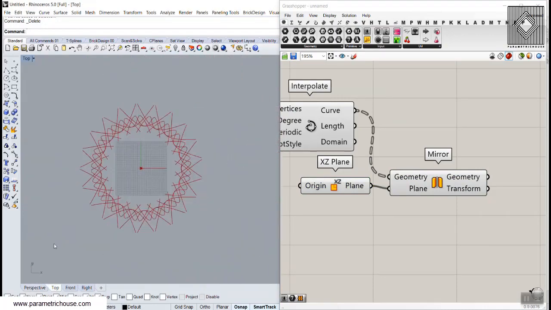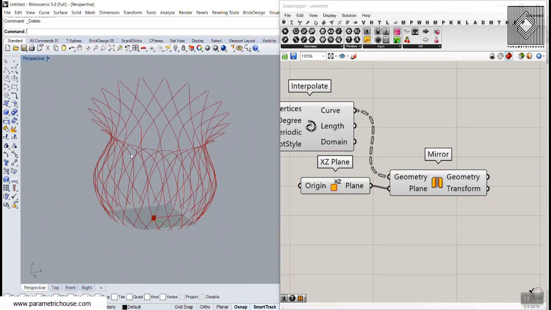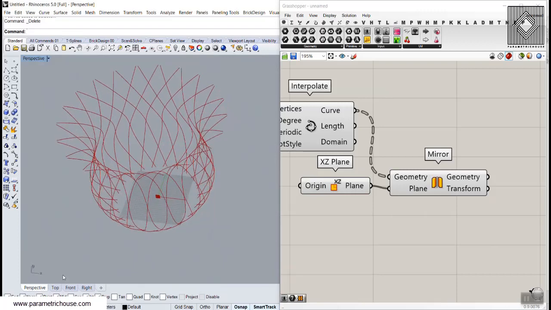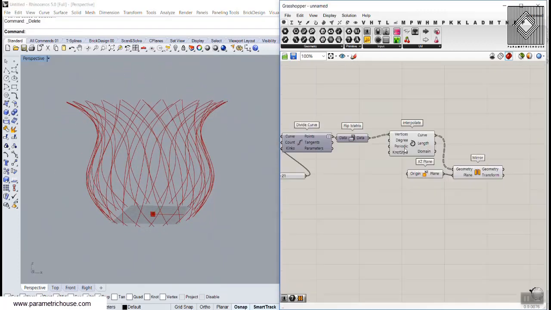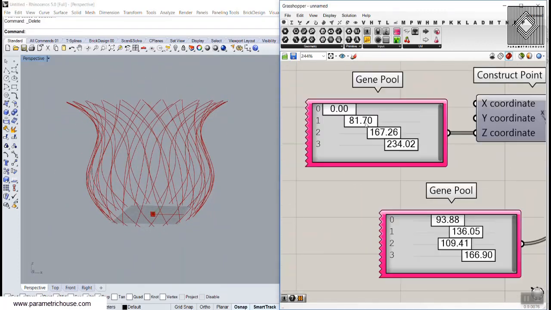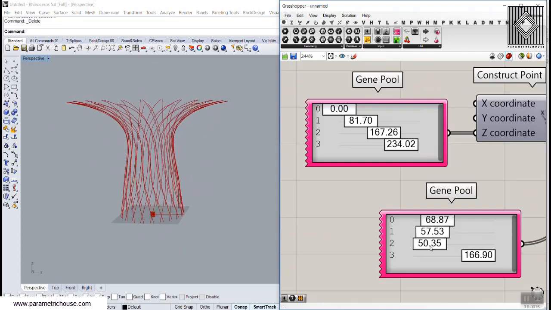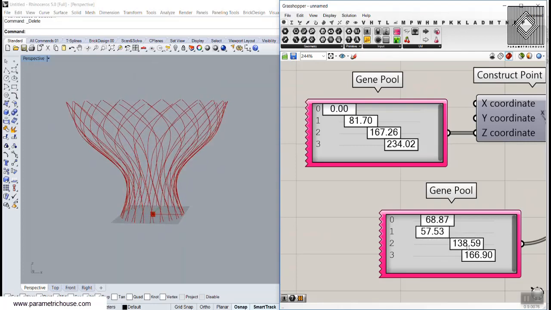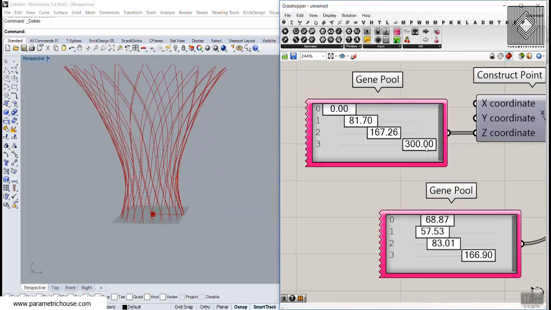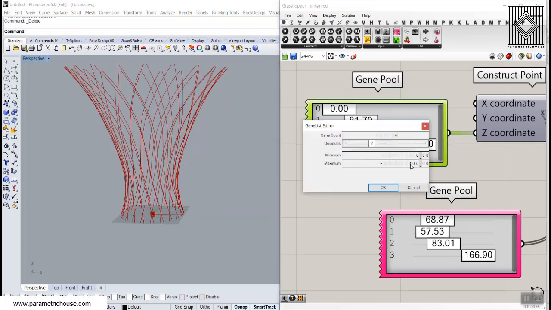So you can see how this performs. Okay, we can make this something like this, change the radius. Okay, you can see how simple we can design. Maybe you want a tree, so I'm going to increase the height